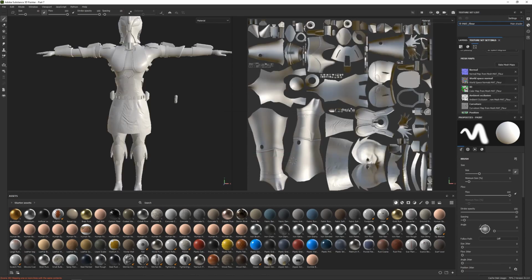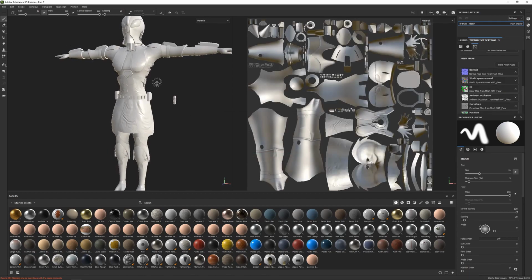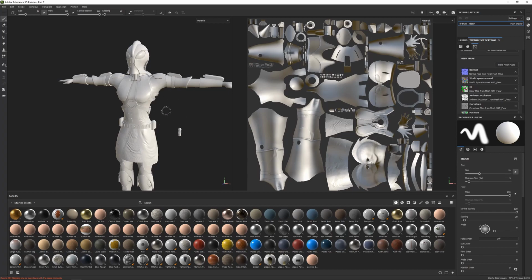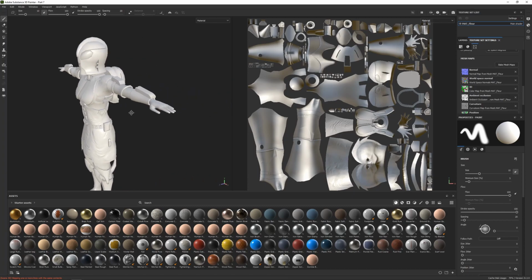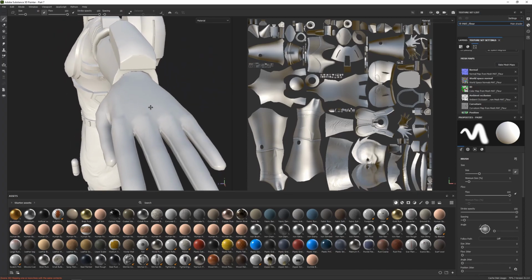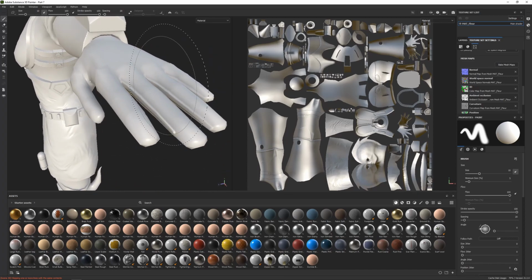Awesome. And with that, we have baked our high poly detail onto our low poly mesh, along with a few other handy maps which we'll be using later in texturing. Now there are two mesh maps that are likely going to need some amount of cleanup, the normal and ambient occlusion maps. For example, if we take a look around the fingers, there's likely going to be some mess here because the geometry is quite close together and it can bleed across